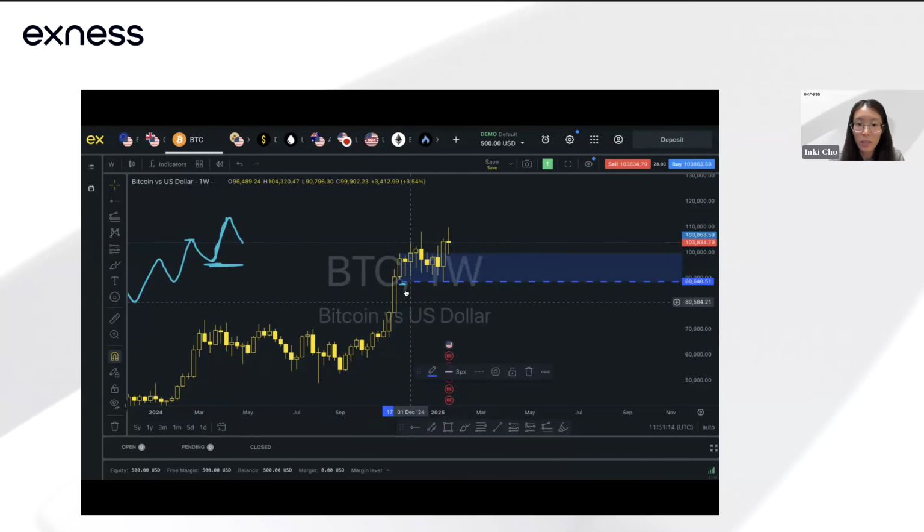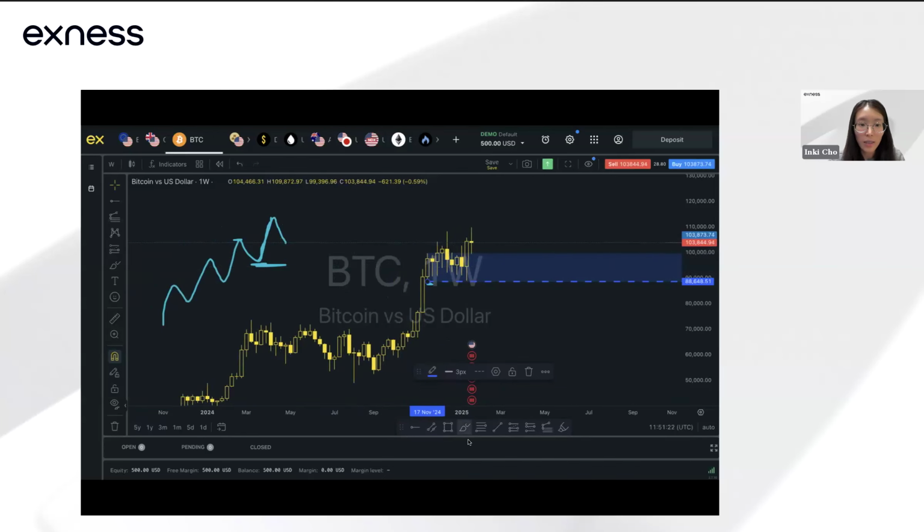So unless price breaks below this low on the weekly, for me, it's still bullish. This is the 88,650 level, this zone over here, just based on the weekly price action and understanding this concept of bullish market structure, higher lows and higher highs. If we take a look at it, you can see that this is the last demand candle that we have. You can see price pushed slightly deep into it, and then we saw that rebound again. So for me, the weekly is still bullish. We're seeing that price holding above this demand zone, like what I've explained earlier.